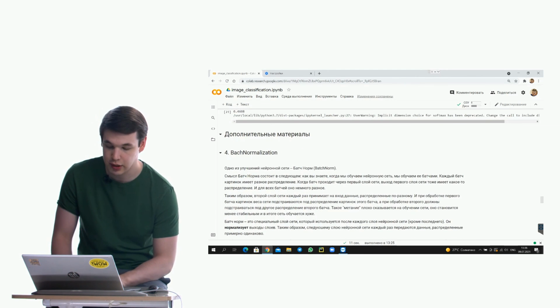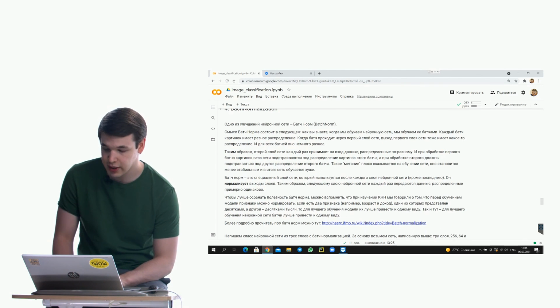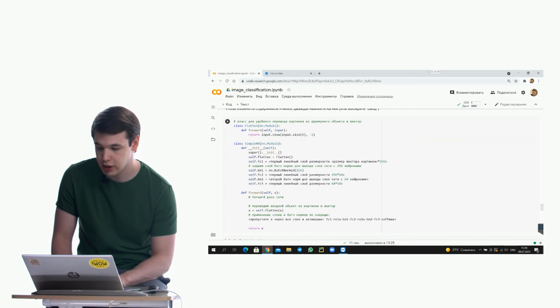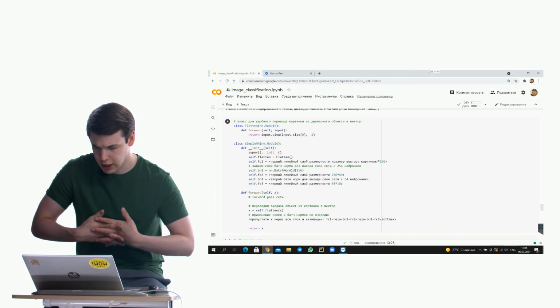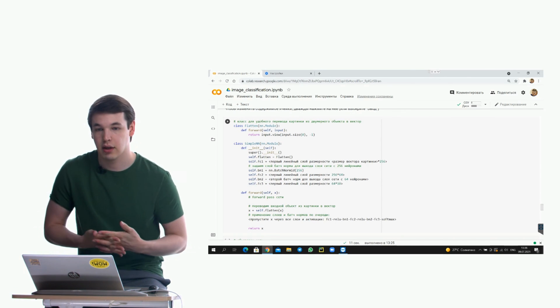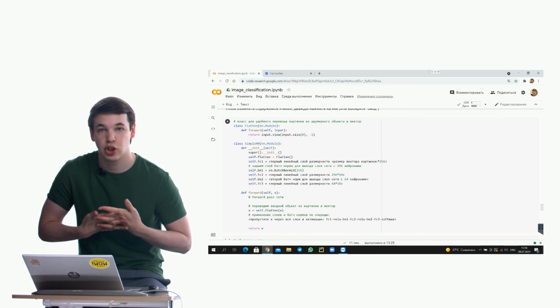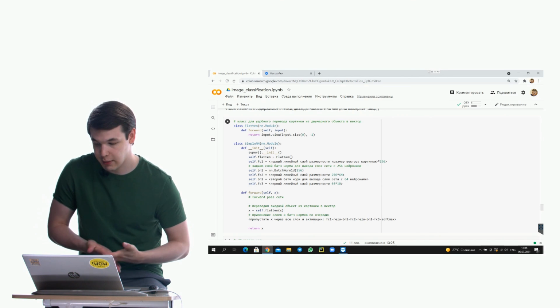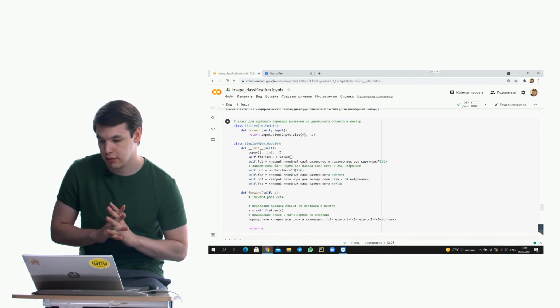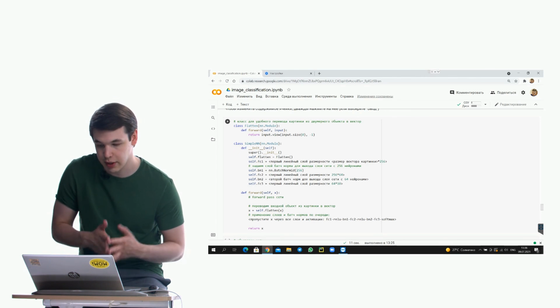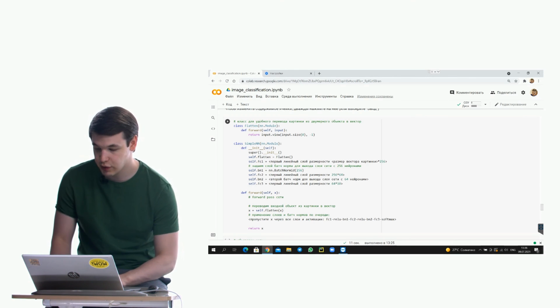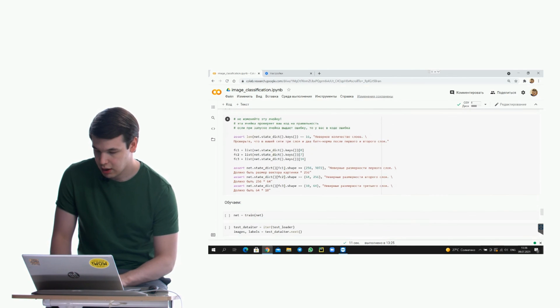Here we've added some additional materials which are about batch normalization. We've talked about it in previous lectures. It helps us to minimize overfitting and also to minimize gradient attenuation. Here is the sample task for building a neural network that I would like you to propose to